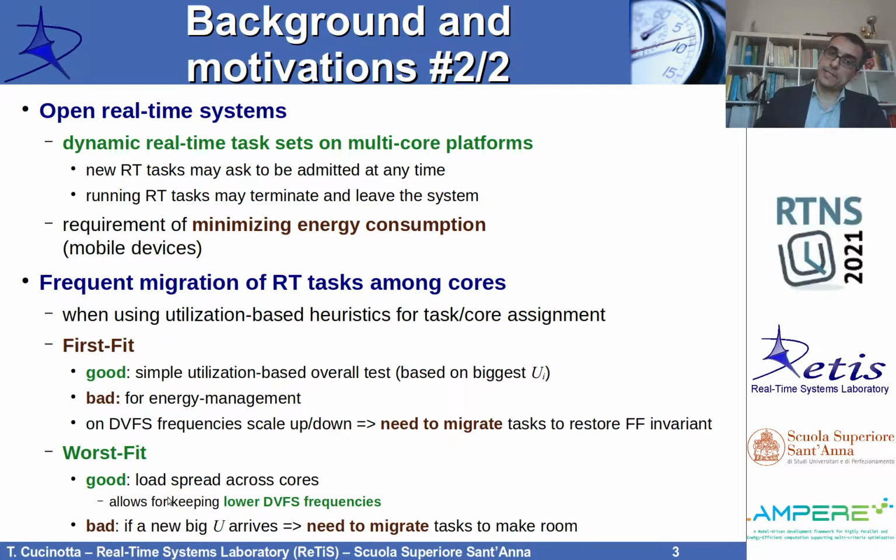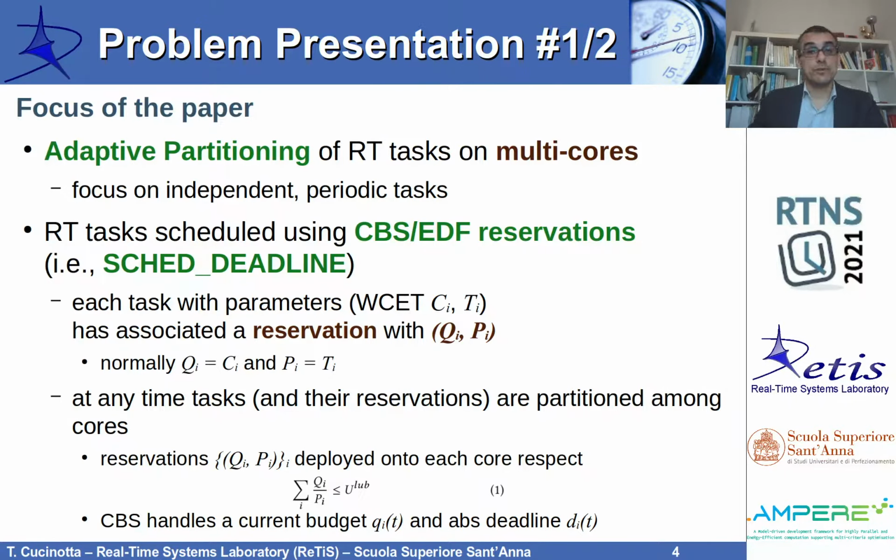If we consider worst fit heuristics, then we have load which is better spread across the available cores, so generally lower response times of the tasks. However, the problem is that if we have a new big task arriving, a heavyweight one with a big utilization, then we may have to migrate tasks to make room for this new task. So whatever it takes, we are in a situation where we may need to migrate quite frequently real-time tasks among cores. So the focus of this paper is exactly on these scenarios where we have an adaptive partitioning of real-time